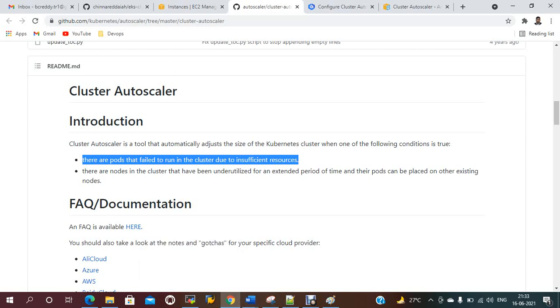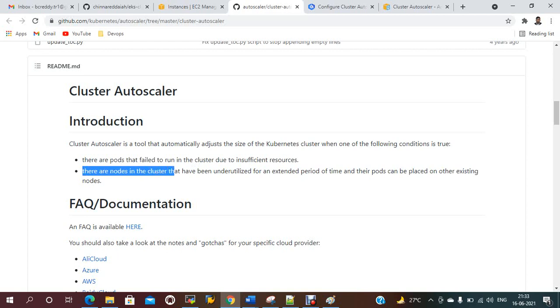At that time the memory is not there, so the pods get failed, right? And there are nodes in the cluster that have been underutilized for an extended period of time, and their pods can be placed on other existing nodes. In these two cases we need to create the cluster autoscaler.